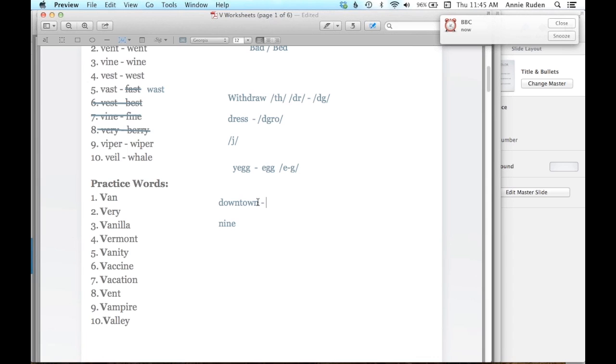Okay, and there's a final N lesson in week 3. This is why I have that N lesson in week 3, because that final N is really tricky to get that production on. So we have to really emphasize the end of the word and getting that ending sound on there. There's a whole lesson just on this because it's such a common problem. So "downtown," and it's all about the mouth placement for that N and getting that release. N is what we call a nasal sound, meaning